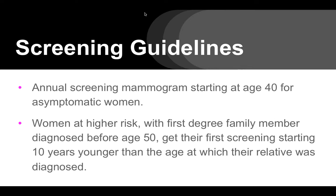There are many organizations that provide screening recommendations. For example, the United States Preventative Services Task Force, the American Cancer Society, and ACOG, among others. Their recommendations vary slightly with regard to frequency of screening, as well as different evidence supporting screening for different age groups. The general recommendation, and what we recommend to our patients here, is annual screening mammography starting at age 40